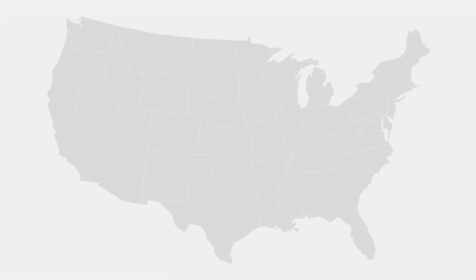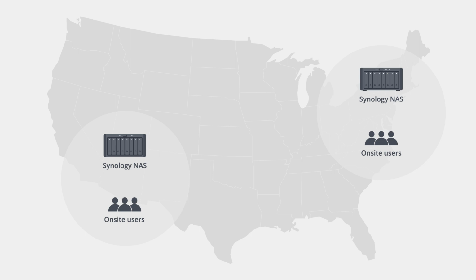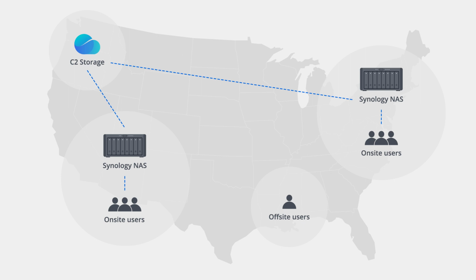We're actually going to be building out a similar setup to this as we work through today's session. Now, there's a couple different moving components here inside of this setup. You have different offices across the country, one on the West Coast and one on the East Coast. Each of those offices have NAS for their file server at those respective offices, and they have on-site users actually interacting with that NAS daily. Likewise, you also have some remote users throughout the country that need to have access to your data somehow. Lastly, you also have the Synology C2 storage and the data lake there that'll serve as the central hub for syncing between the offices and between those two NAS.